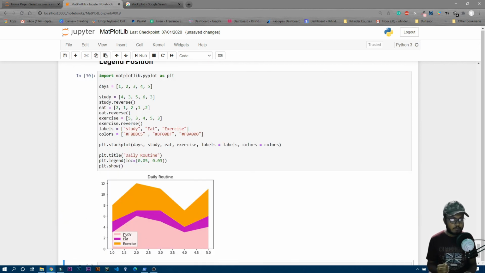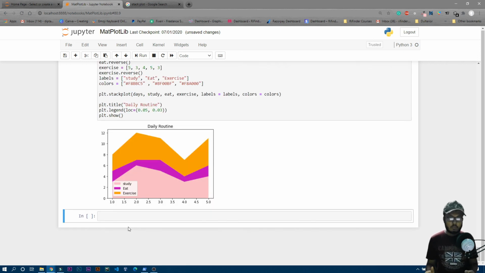In the bottom left corner, not actually totally bottom and totally left, it's actually giving them some space from the bottom and the left corner. So this actually looks good. So in this way you can change the location of the labels in any type of graphs. Okay.